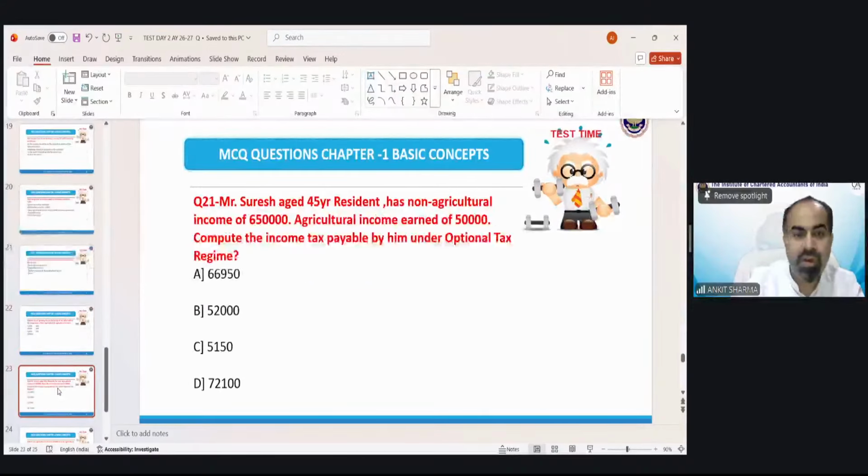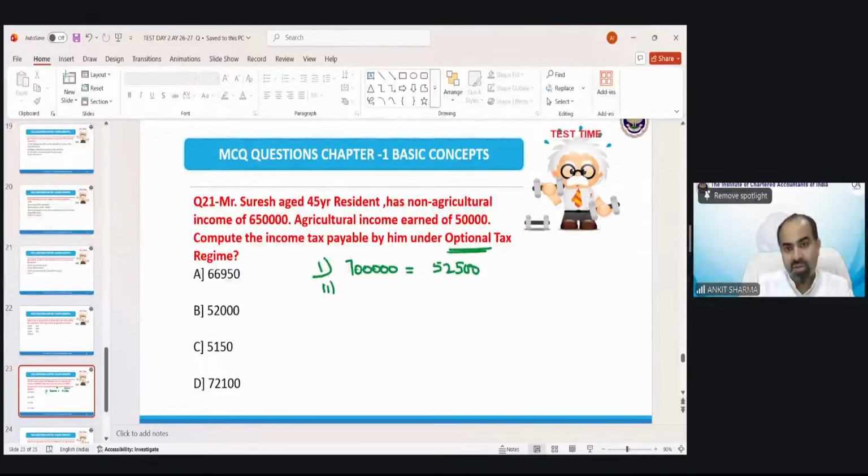Okay, 21 and 22. Mr. Suresh, age 45-year resident, has non-agricultural income of 6,50,000, agricultural income earned of 50,000 rupees. Compute the income tax payable by him under the optional tax regime. So in this case, because optional tax regime is here, step 1 would say calculate tax on 7 lakh rupees, agricultural as well as non-agricultural. That would be